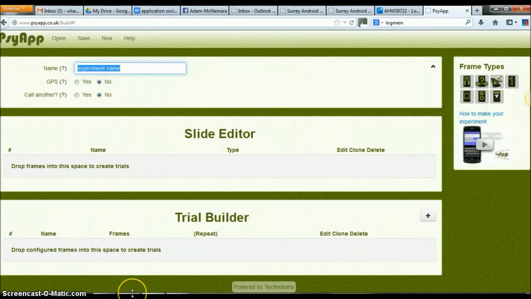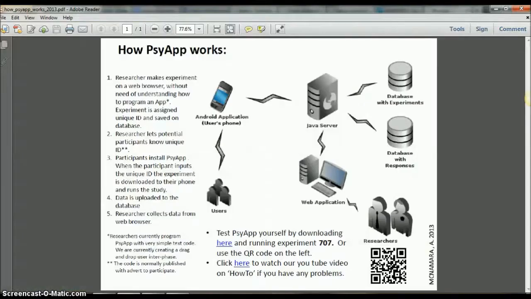You'll be visiting this website because we're approaching you for some venture capital, so you've probably seen this image before, and this looks at how SciApp works. SciApp allows any researcher to capture data from any group of participants that they'd like. The researcher will make